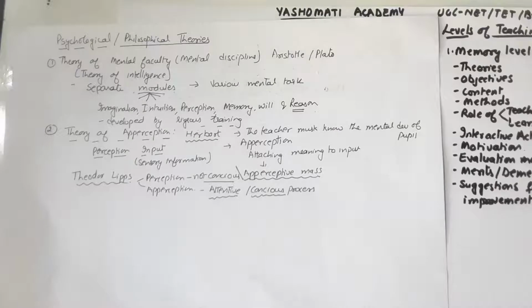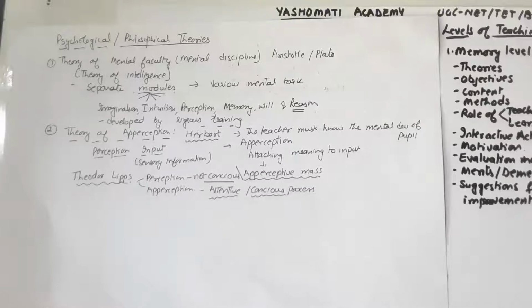So if the teacher is aware of what information or knowledge the child already has, then he can encourage the learner to make a conscious effort so that new information gets synthesized with the